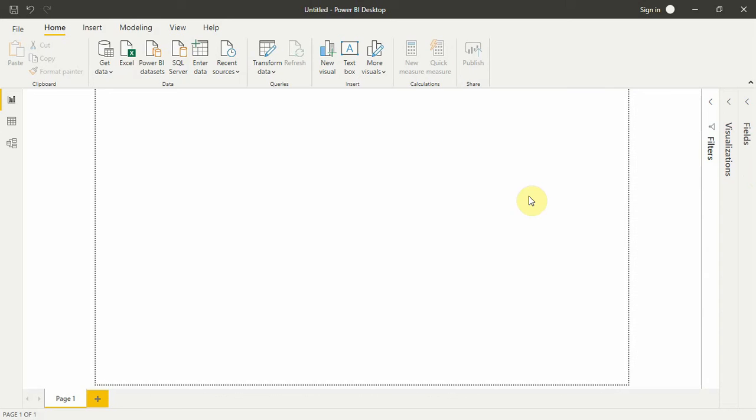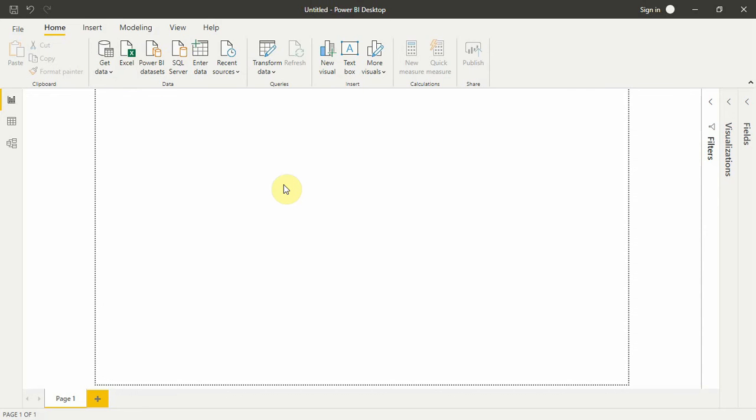The first time I opened Power BI desktop, it looked very scary to me. You know, this white screen, and I didn't know what to do, and I had to make a report for a company. So I was rather scared. But now I am very comfortable with using Power BI desktop, and I'll show you how you will get comfortable with it, and it's pretty easy.